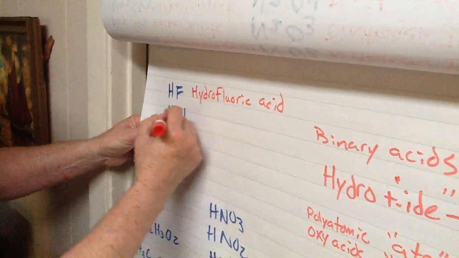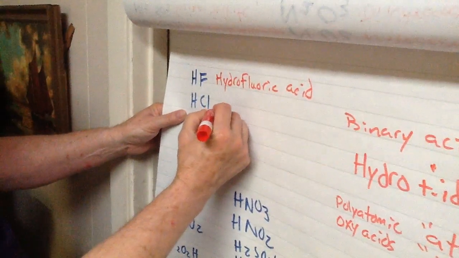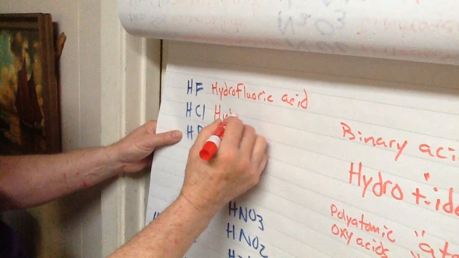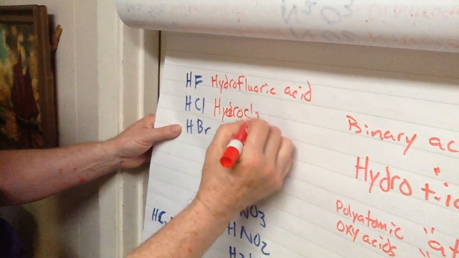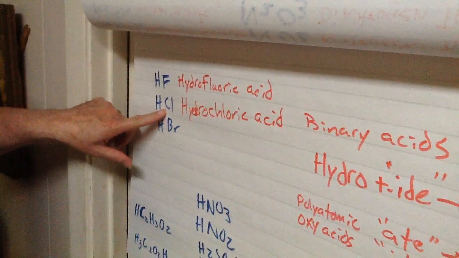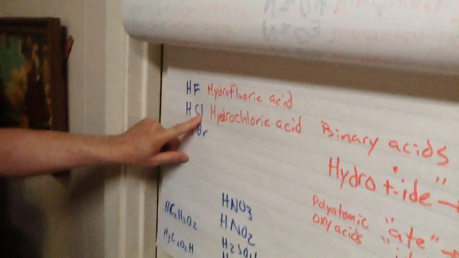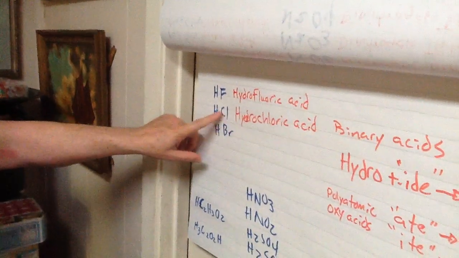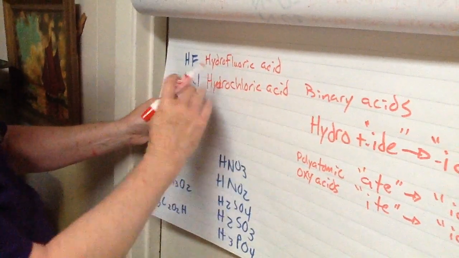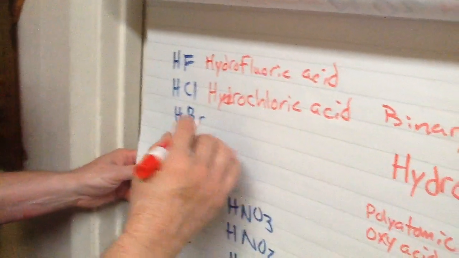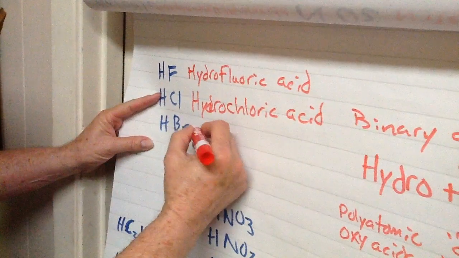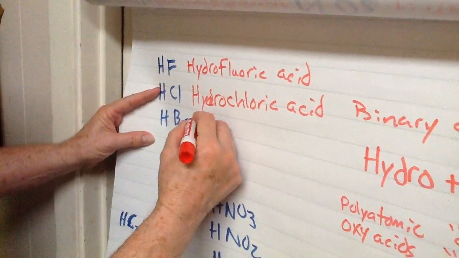The next one's very common. It's sold commercially under a trivial name of muriatic acid. People use it to clean pools and concrete. It is hydrochloric acid. If we name this ionic binary compound, we would call it hydrogen chloride, but dissolved in water, it's hydrochloric acid. A good, strong, common laboratory acid. When you see a bottle with a blue cap, that's hydrochloric acid. And these are color-coded, by the way. Hydrogen bromide becomes hydrobromic